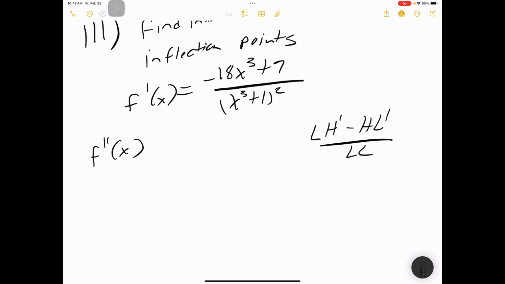And so we have the low function, x cubed plus 1 squared, d high, multiplied by 18 times 3 is 54, negative 54x squared,